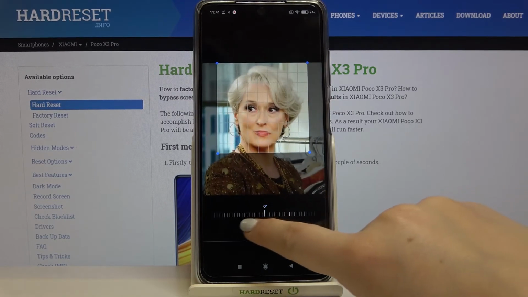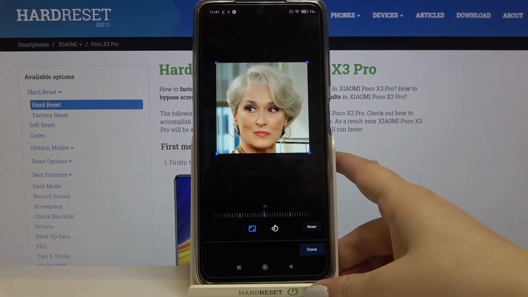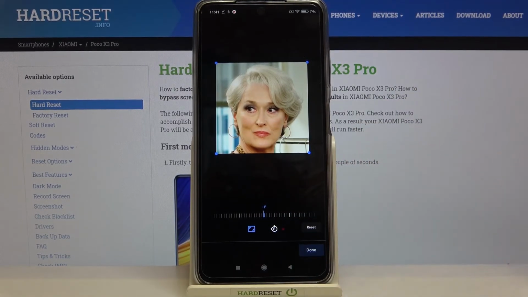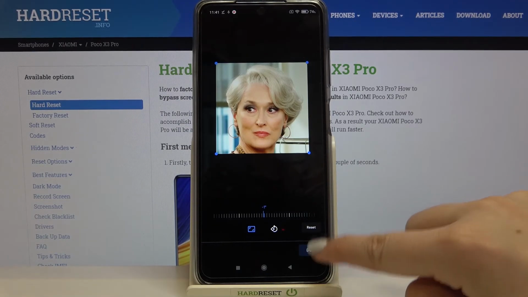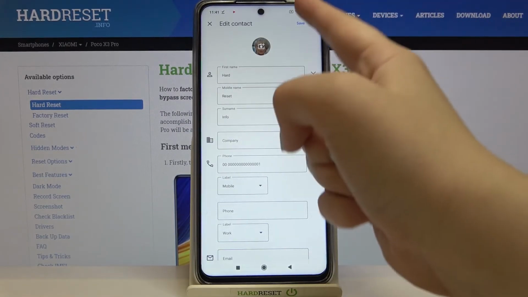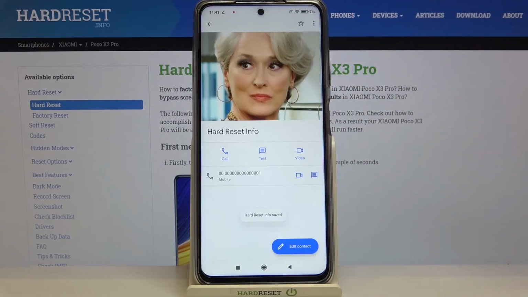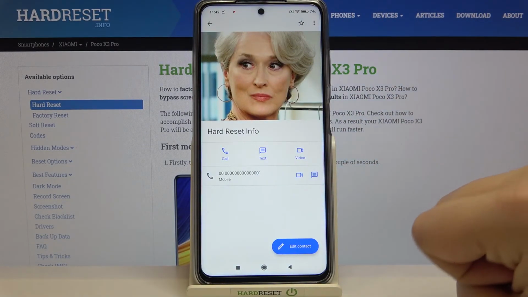Here you can also rotate the picture, so as I said, it's really up to you how you want to set it. If you are happy with the results, just tap on Done here. Remember to tap on Save in the right upper corner, and as you can see, the contact has been successfully